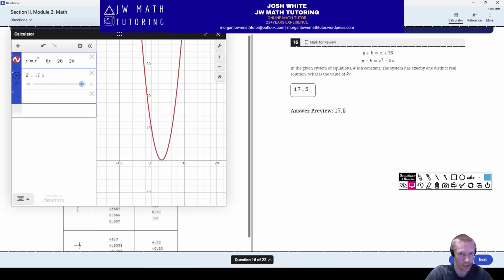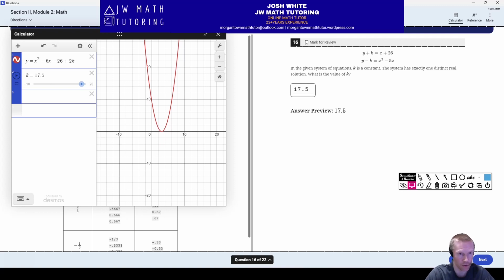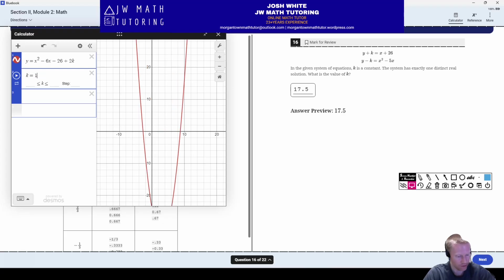And this is a method you could use to determine this definitively. So here you still do the first step where you set the equations equal to each other and you get everything equal to 0. But instead of solving for k by using either the discriminant or by completing the square and making the c term equal to 9 and solving, you can instead, so like say you start here